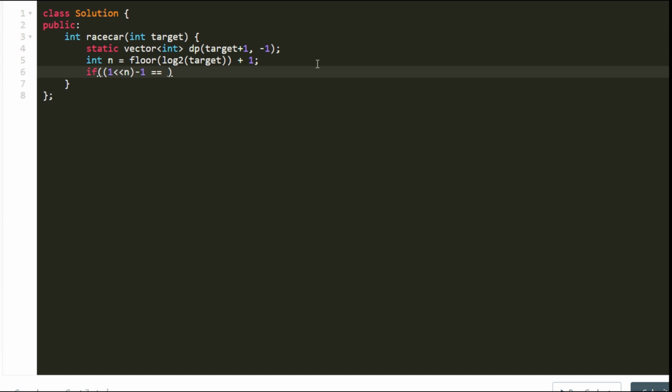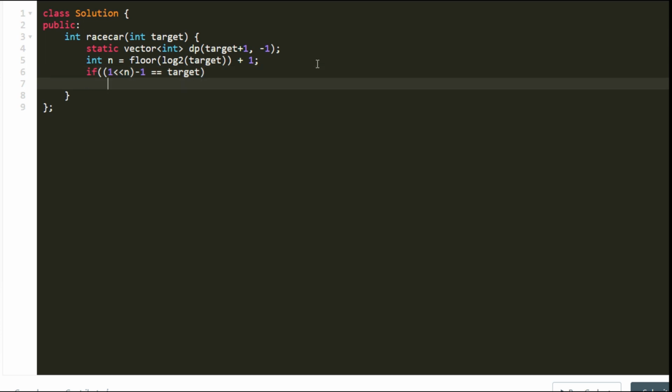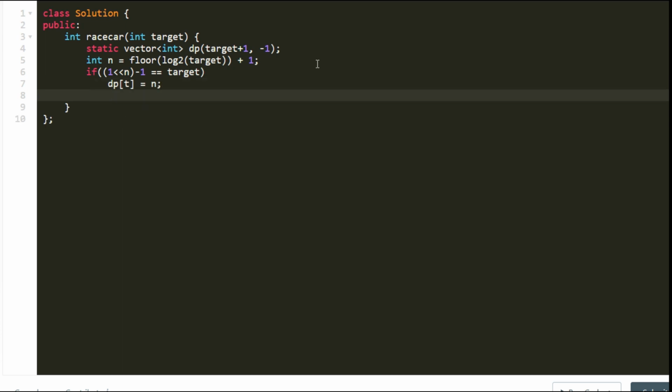So if we perform n A operations and it exactly reaches target, then we can simply add dp[t] equal to n, else